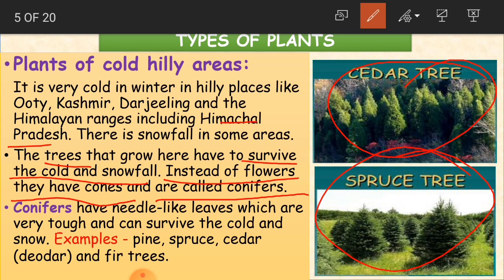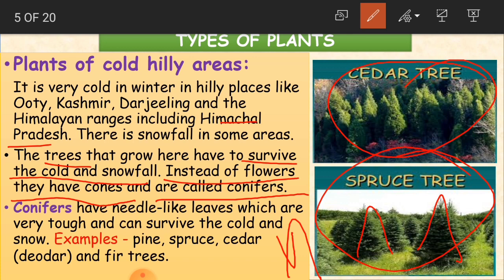Even for flowers we say that summer is the best season. Why? Because of the sunlight we get many more blooms of flowers. But because these areas are cool, we cannot see flowers, but they have cones. Children, do you have an idea of a cone? Normally we like to have an ice cream cone. As you see here, it is a reverse V shape. So these trees have cones and they are called conifers.